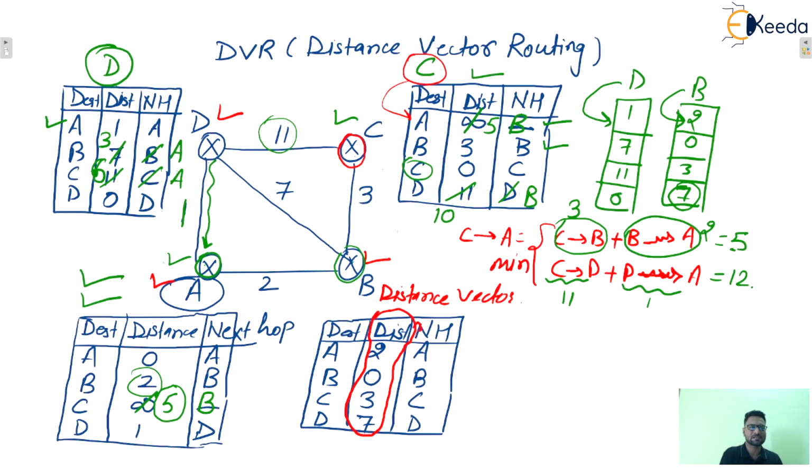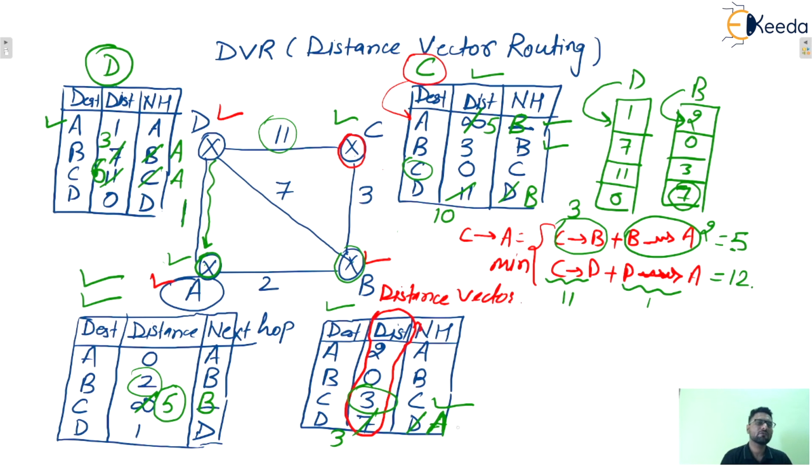In the same manner, we can update the distance vector routing table for B. B to A will be 2, B to B will be 0, B to C, we can go via D, via A, or via C. The minimum cost will be 3, next stop will be C. And B to D, we can go via A, so the distance will be 3 only, and next stop becomes A only, isn't it? So all updates are done, isn't it?